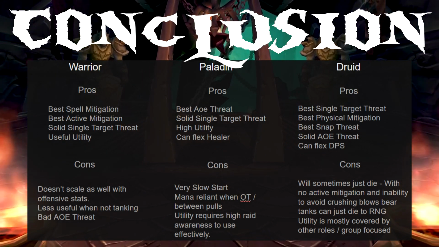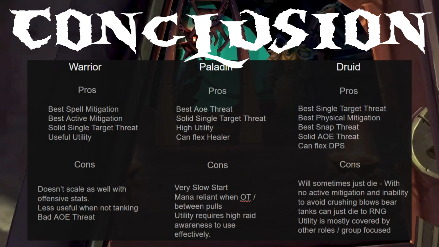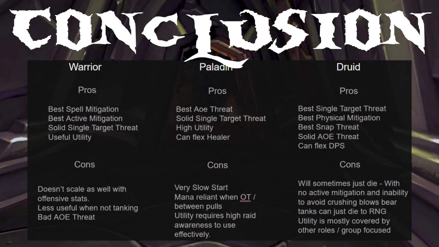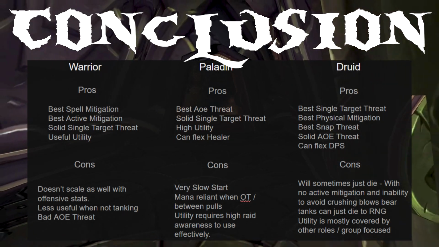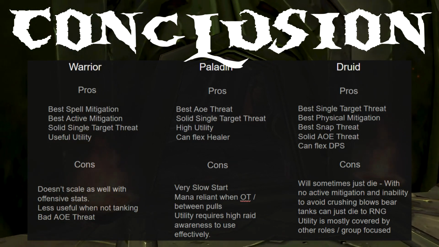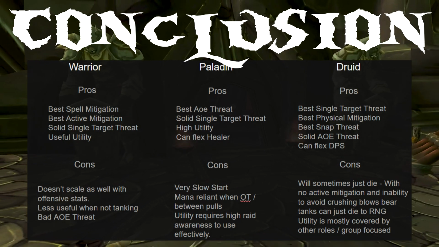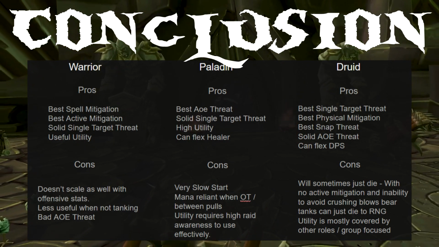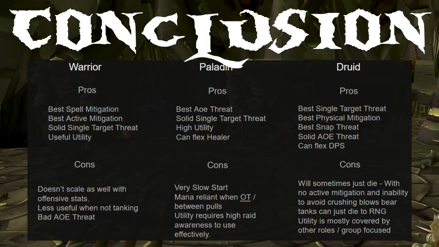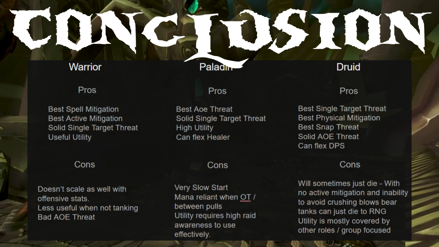The Druid is the best single target threat, best physical mitigation, best snap threat, solid AoE threat, and can flex DPS. The con to a Druid is that they will just sometimes die, and this is because with no active mitigation and inability to avoid crushing blows, they can be crushed by RNG. Now, in TBC, this isn't as much of an issue because you're not losing world buffs. It's just go next, try again, and the only other issue with Druids is that their utility is best covered by other specs. So, in conclusion, you really can play the tank that appeals to you most,